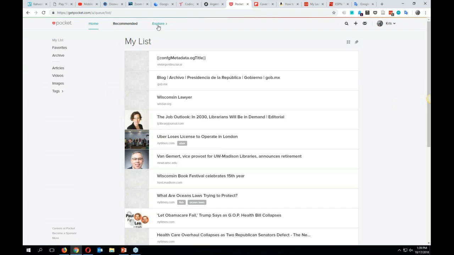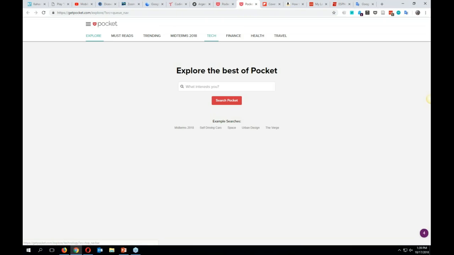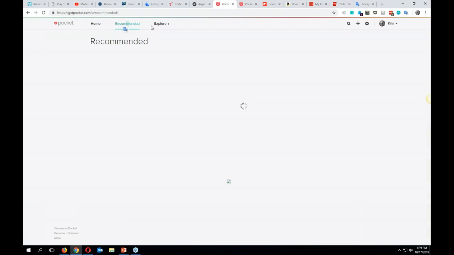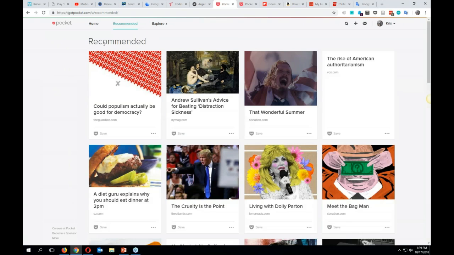One thing that Pocket also does is that you can explore these articles within Pocket as well. Here, if I want to just search for an article within Pocket. Or Pocket also recommends different articles for us as well. I'm always terrified when I click recommended under Pocket. I'm like, I wonder what it's going to recommend for me in front of all these people, but looks like we're mostly okay this time. That was a close one though.